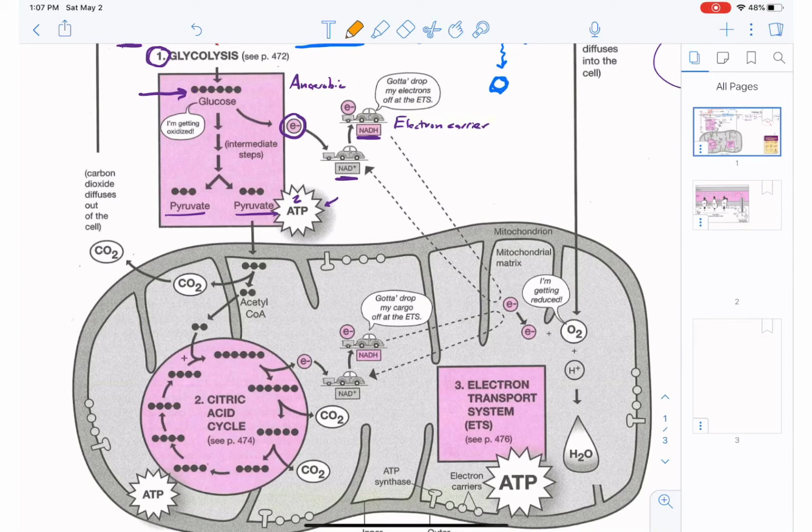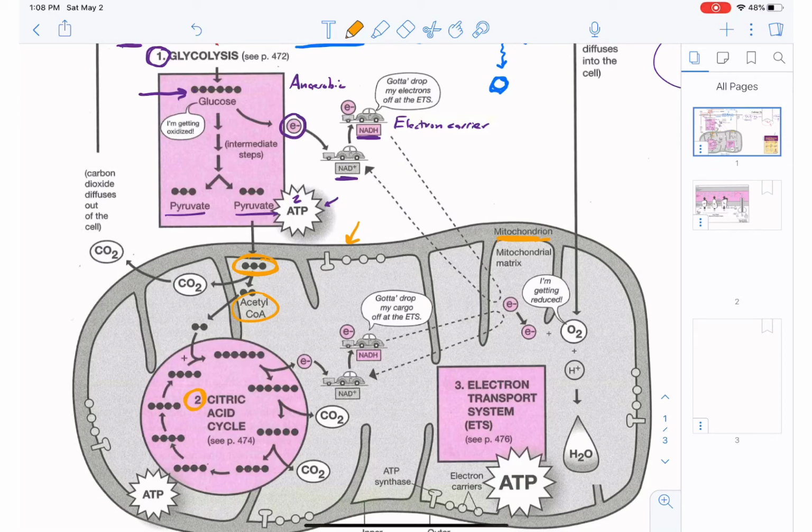Now what happens is those pyruvate molecules move into this structure right here. And what is that structure called? What is that organelle? That's the mitochondria. So the pyruvate molecules move into the mitochondria. One of those carbons is clipped off and they become a molecule called acetyl-CoA. And it's the acetyl-CoA that's going to enter the second step of cellular respiration called the citric acid cycle